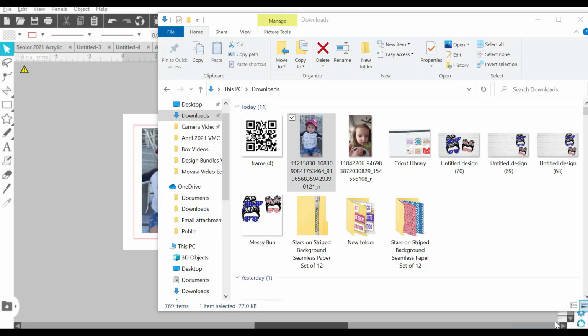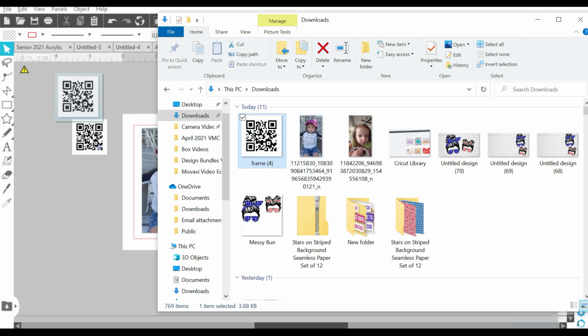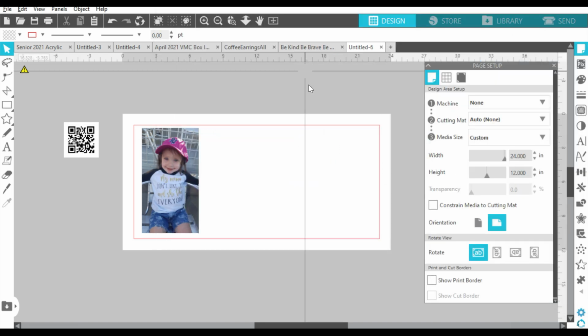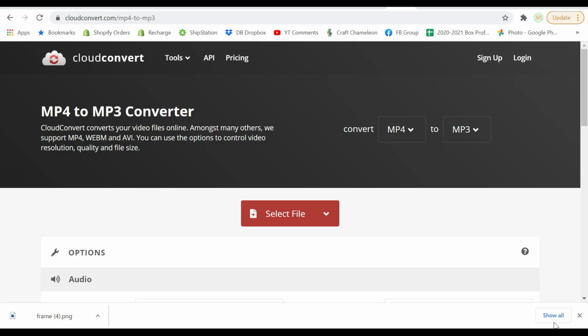Now let's go ahead and bring our QR code into Silhouette Studio. That way we'll just have it there and ready for us. There's nothing we really need to do with it at this point, but I like to bring them in as I work on them. I have a pretty forgetful memory, so I don't want to get to the end and realize I've forgotten to add my QR code. Now I am going to use printable vinyl for the QR code and for the photo. So, just a little tidbit, I'm not going to trace that and turn it into a cut file.